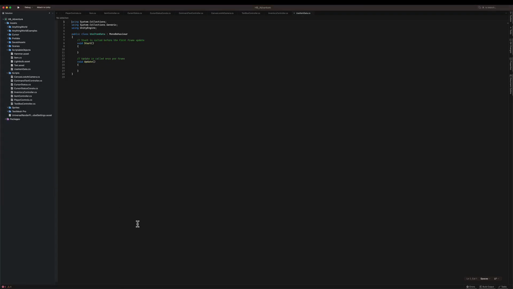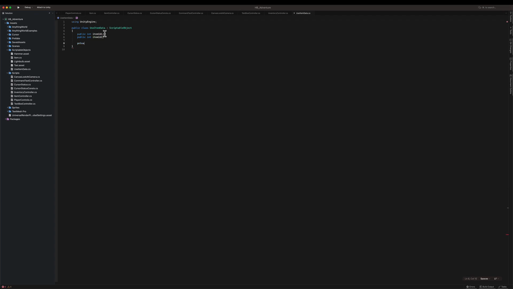Then we can open it up, and this scriptable object will store the information saying item 1 can be used with item 2, and when they're used, call this function and add this text to reaction. So it's a scriptable object. Okay, great. And inside we're going to have a couple of integers for item ID1, then item ID2, and we'll